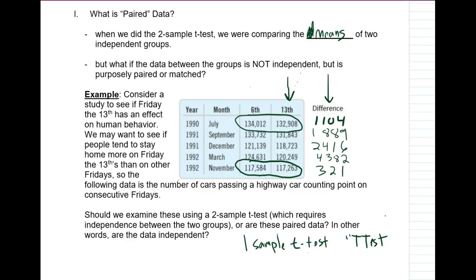And when we look at this, it sure looks like there was more traffic on Friday the 6th than the following Friday the 13th. In fact, there was more traffic on the 6th than the 13th for each of these pairs of consecutive Fridays. But of course, that doesn't prove or give us evidence that there is a statistically significant